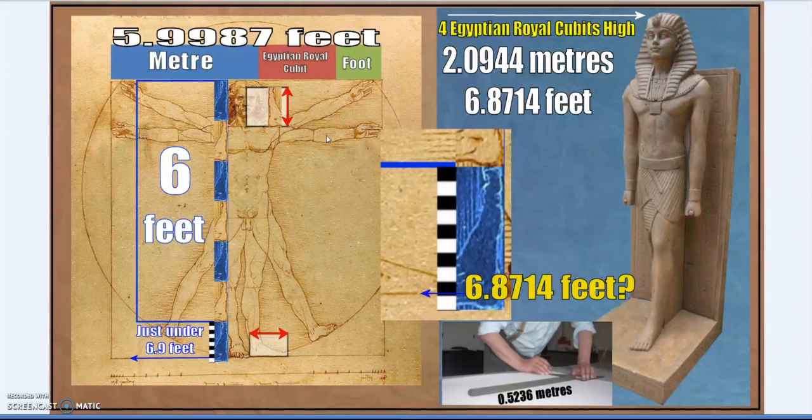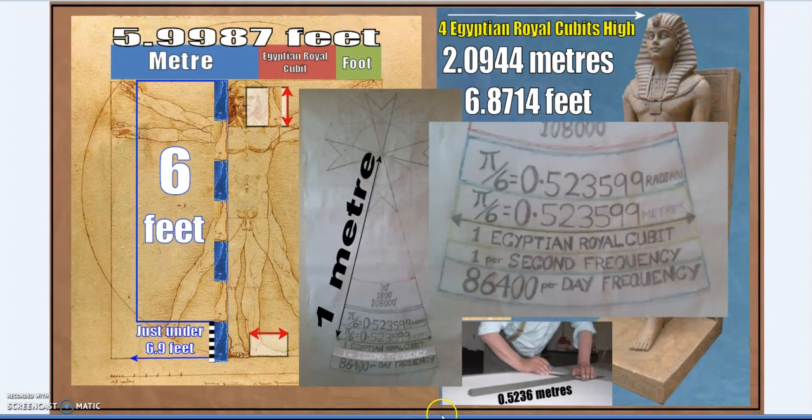Which brings us to the connection between the meter, the Egyptian royal cubit, and the allegedly modern English foot. So a meter plus an Egyptian royal cubit plus 1 foot equals 5.9987 English feet. Which is a nice thing because a 1 meter pendulum, I'll get more into this because there are variations on a 1 meter pendulum, and the information and the margins of error actually encode some beautiful